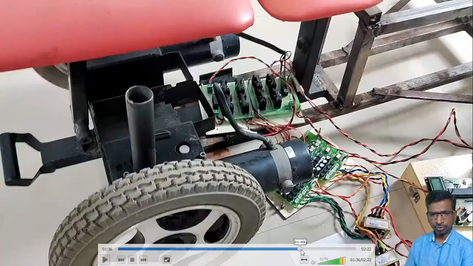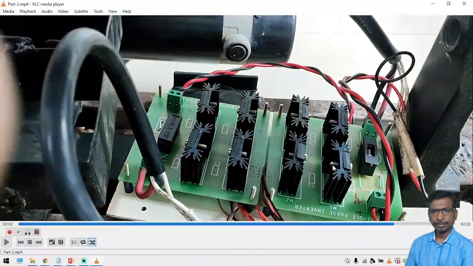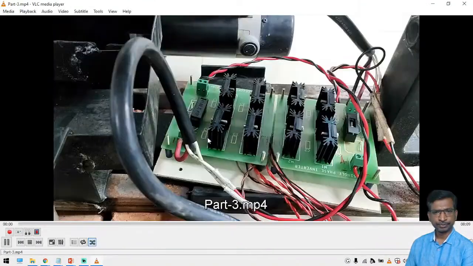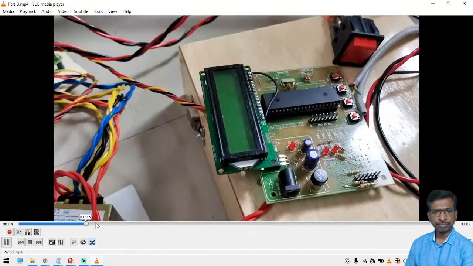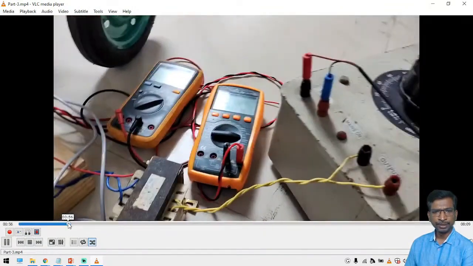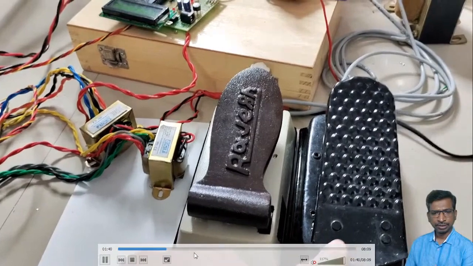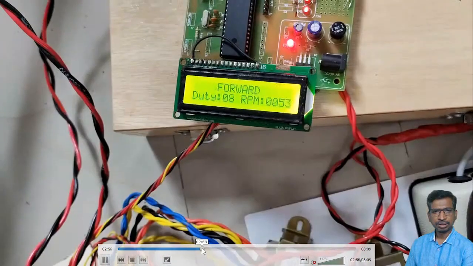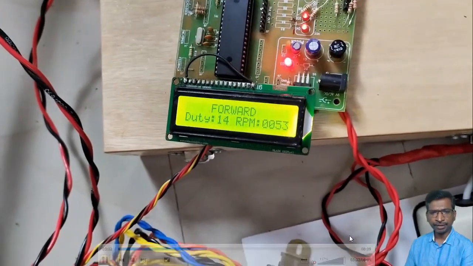Here, a detailed close up image. Now we are going to turn on the PWM. You can check in detail. Switch on. See here the duty cycle only, the RPM is not properly configured. Now the mode is forward mode. Now if you apply the acceleration part,